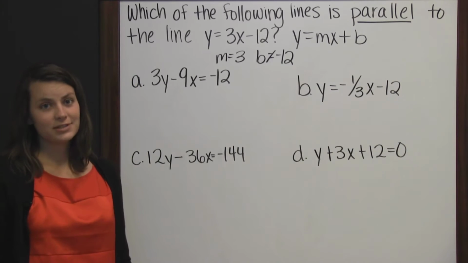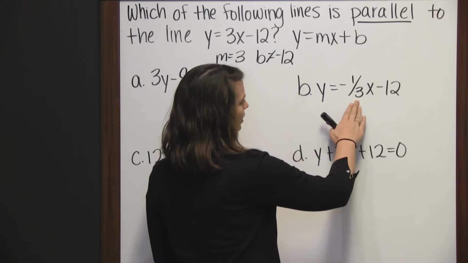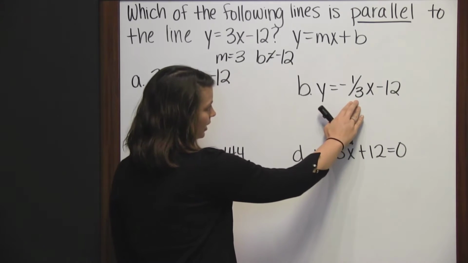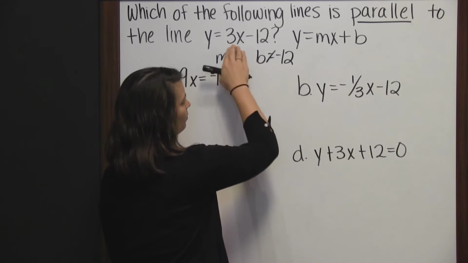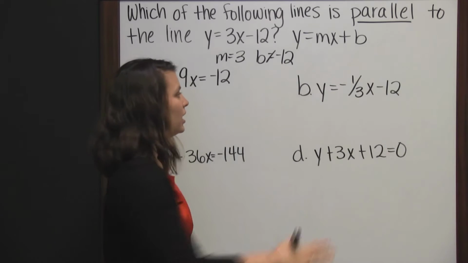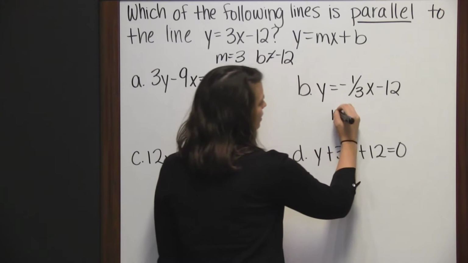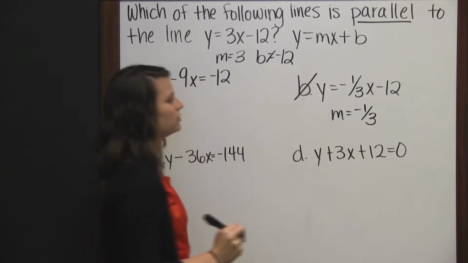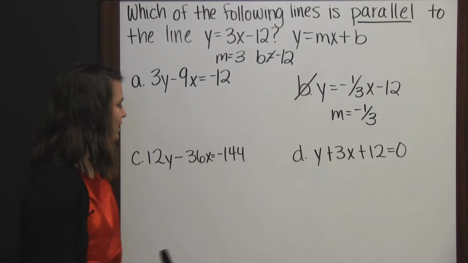Let's look at B first, because B is in slope-intercept form. y equals mx plus b. As you can see, our m, negative 1/3, is not the same as our m from our original line. And again, m stands for slope, and our slopes have to be equal for our lines to be parallel. Since this slope is negative 1/3, it is not parallel to our line. So we've already eliminated one answer choice. Now let's look at